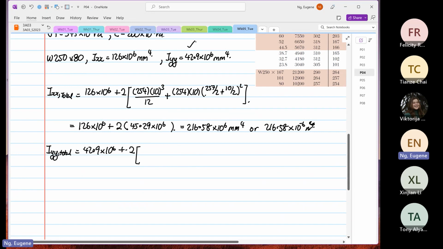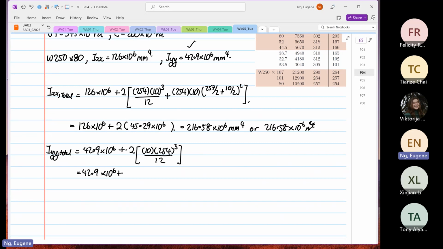The AD squared, the D is equal to 0, or the distance from the centroid, because all of them share the same centroid, that's why it's equal to 0. So the width is 10, and then this is 254 to the power 3 divided by 12. Okay, so that's IYY. So this will be equal to 42.9 times 10 to the power 6 plus 254 to the power 3 divided by 12 times 10 times 2, is equal to 27